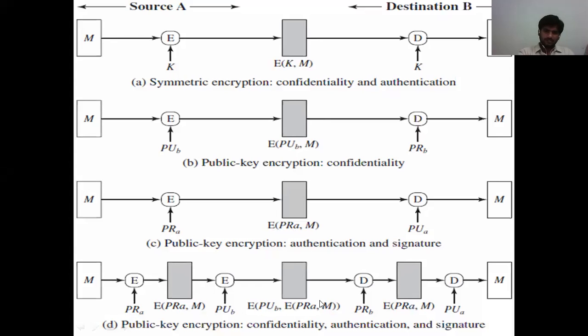These are the functions. These are the message authentication functions. In one place we are going to see both the confidentiality and authentication. In another one, we are going to generate a public key and confidentiality. In another place we are going to check the public key encryption, authentication, and signature also. Then another one: public key encryption, confidentiality, authentication, and signature. All those things are